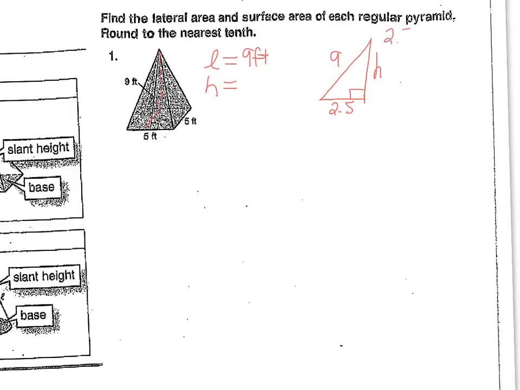So it's 2.5 squared plus h squared equals 9 squared. So h equals the square root of 9 squared minus 2.5 squared. Let's simplify that with a calculator. So h is approximately